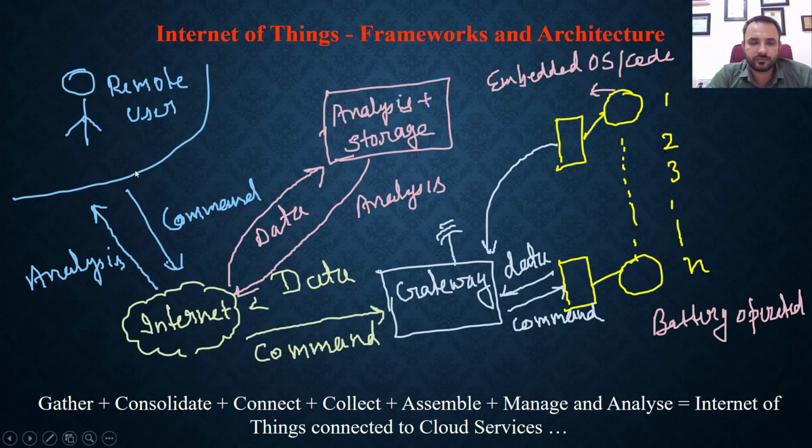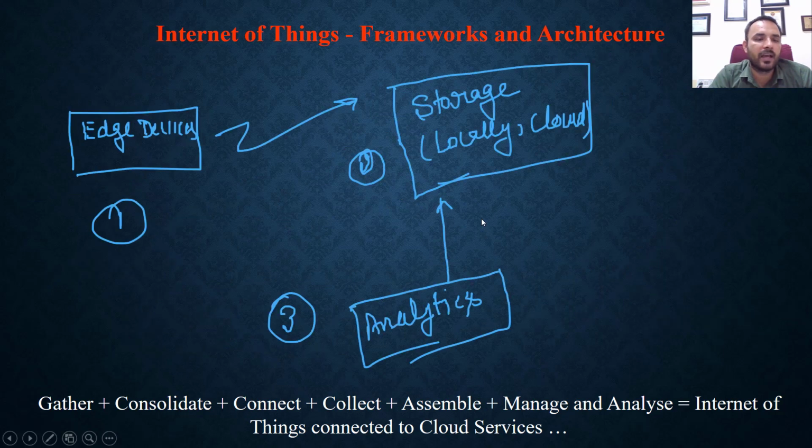Fine. So now he wants to analyze some data. How can he communicate with the IoT devices? The figure shown here shows the complete architecture, the complete four blocks. The first block is the IoT devices. I already explained that these n IoT devices are connected to the gateway. Fine. So this gateway and these IoT devices together make up the first part, the edge devices part.